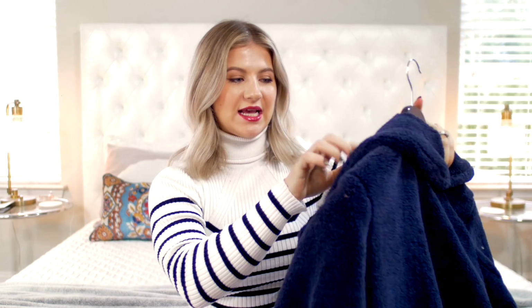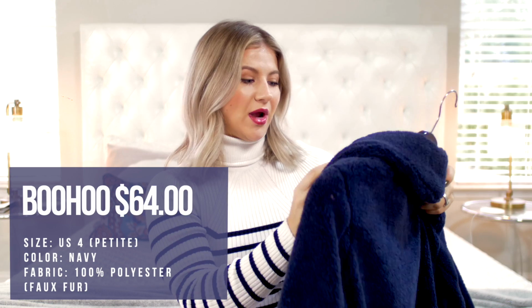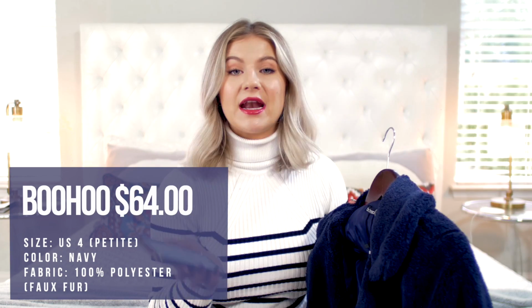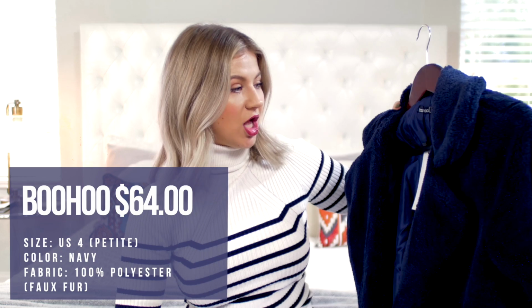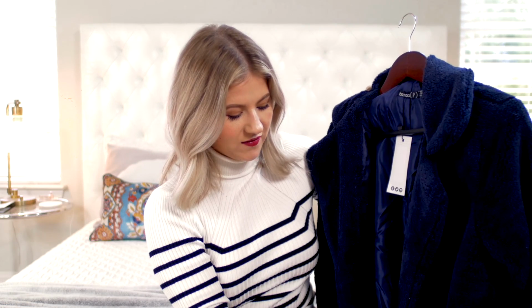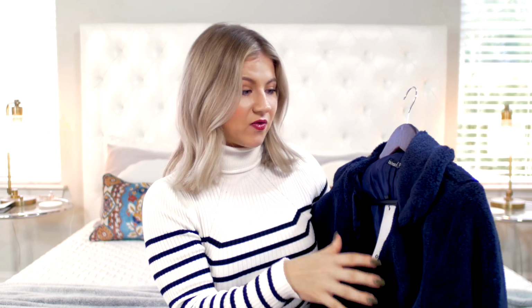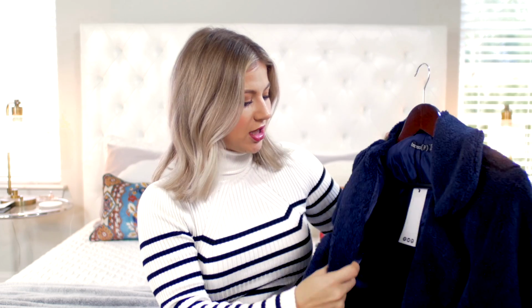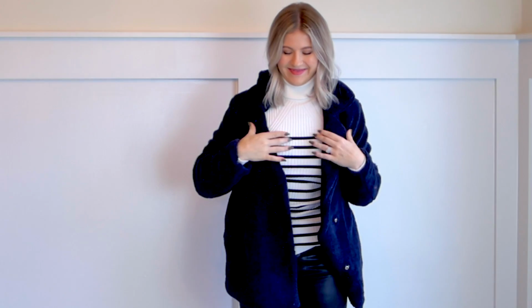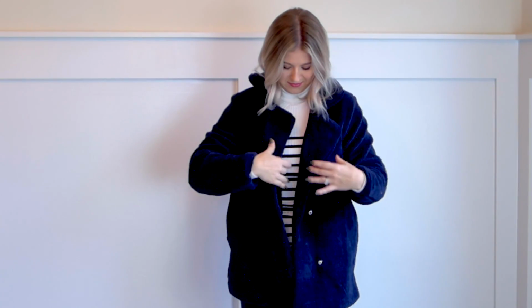This next jacket I got from Asos and this is by the brand Boohoo. I got their Petite size US 4 and I got it for $64, and this is in the color navy and the fabric is polyester. On Asos, they have a lot of different coats, but a lot of the cheaper coats are out of stock or completely sold out. So I had to resort to the Petite section, which is totally fine because I am a little bit shorter. So this worked out and it does fit true to size, which is really nice,